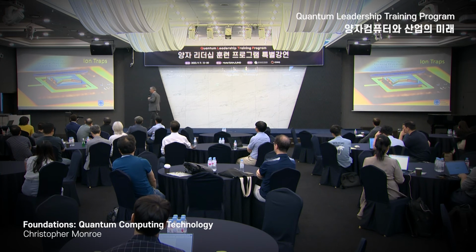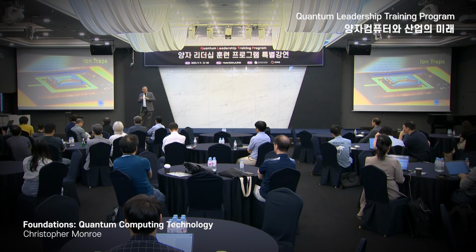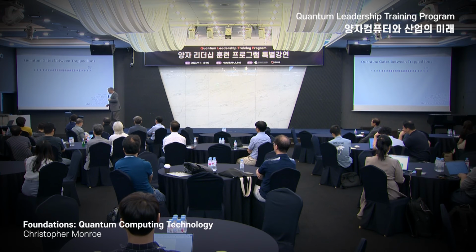So this is the platform, and the atoms interact because they're not neutral, they're charged. And so that's why they form this crystal. That's why they're not forced together in the trap. They repel each other, and that equilibrium, that compromise gives this type of a crystalline structure, and their separation is a few microns, and we can optically resolve them. So this next slide is a little technical, but how do we do a gate?